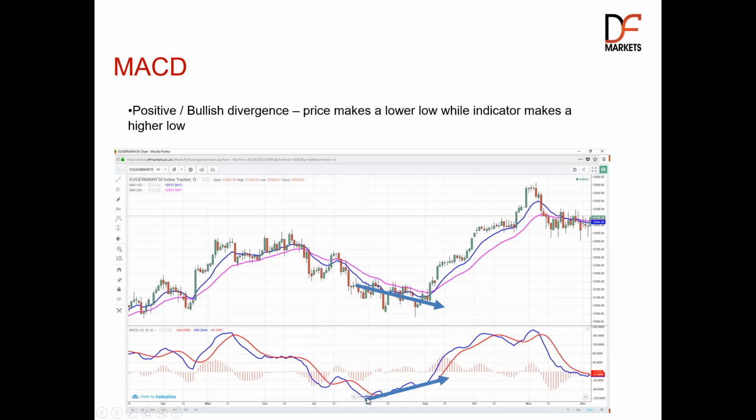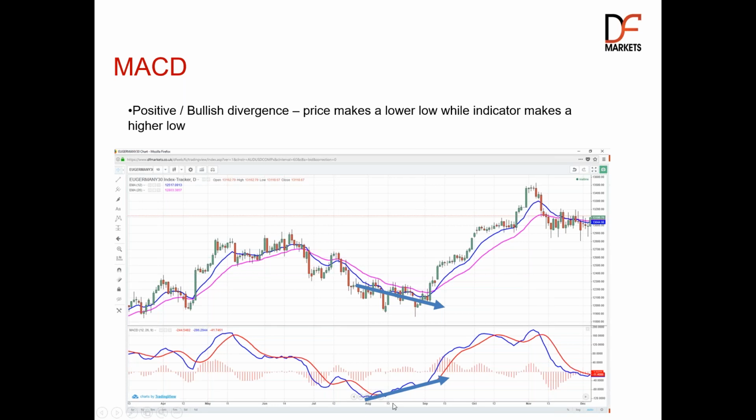But look at this indicator, look at the MACD. That was the bottom of the MACD right there when the market was here. And then MACD started travelling higher while the price chart continued to travel lower. And that is a bullish or positive divergence setup, if you like. And that says to us, if we think about what we've seen already with respect to how this is constructed,